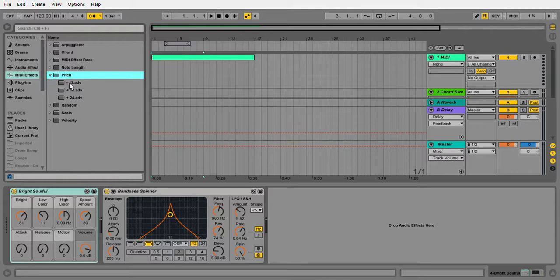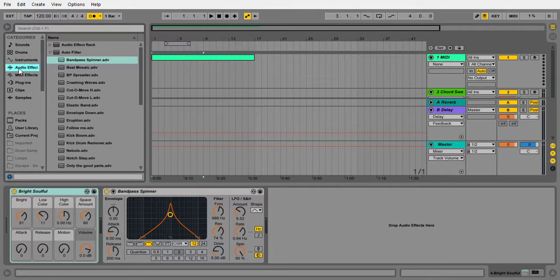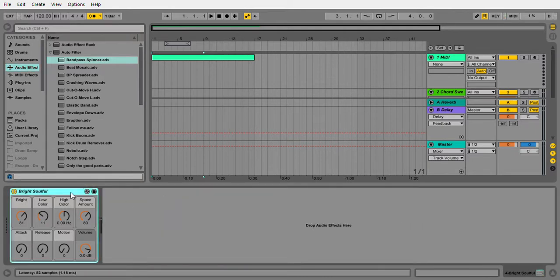Now there's the minor 12, major 12, major 24, and depending on how you use it with everything else, basically, you could be creative. You could be creative with just about anything. When it comes to the audio effects, me personally, I love the audio effects because it doesn't have to be original. It doesn't just have to be the original sound